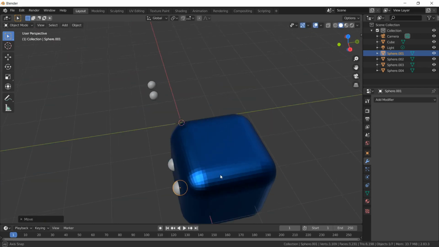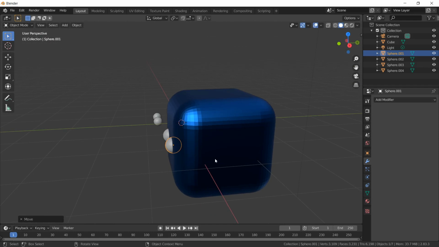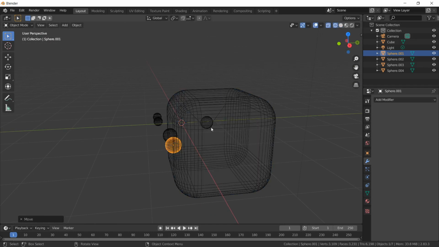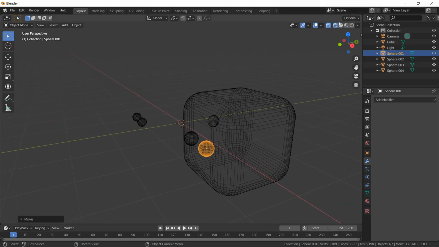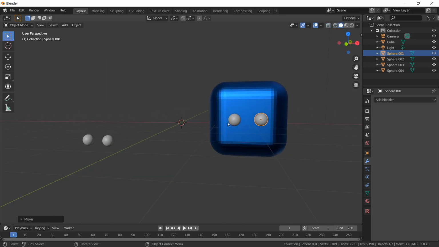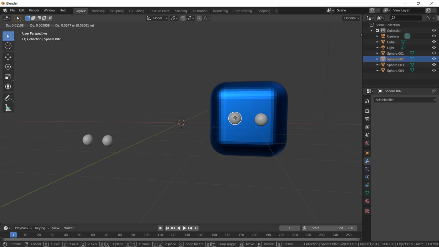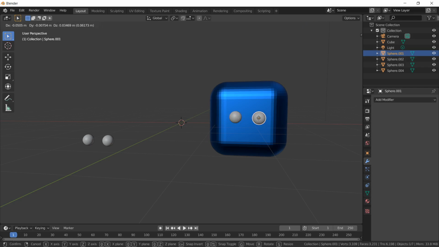Again I will rotate and see whether it is going inside properly. So let me go to wireframe and check again. Okay, the 2 is there inside, properly aligned. Now similarly I will apply the operation again. Let me just check whether it is at the center. Okay, I need to shift it a little bit. I will press G and take it a little up. Yes, now it's at the center.